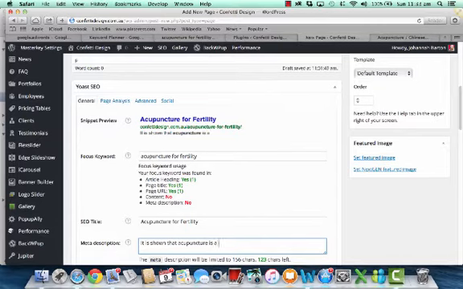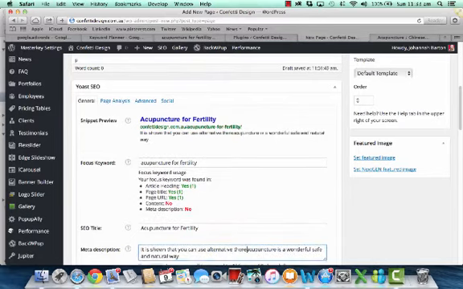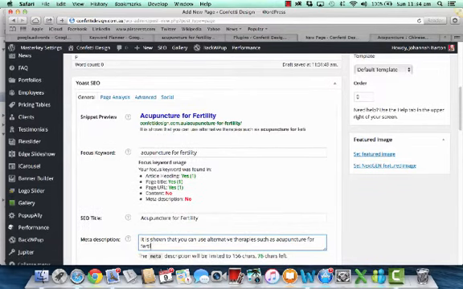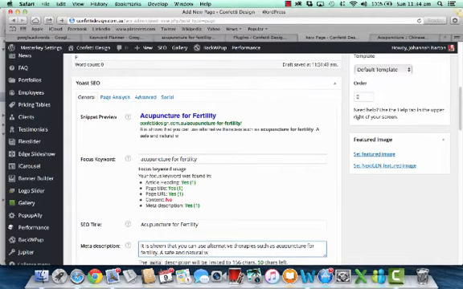Acupuncture is a wonderful, safe, and natural way that you can use alternative therapies such as acupuncture for fertility, a safe and natural way to help conceive and manage the